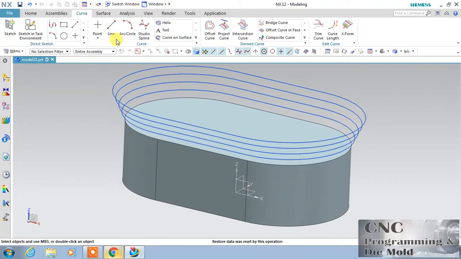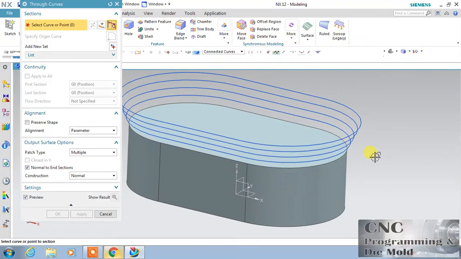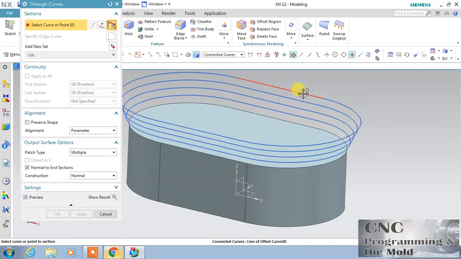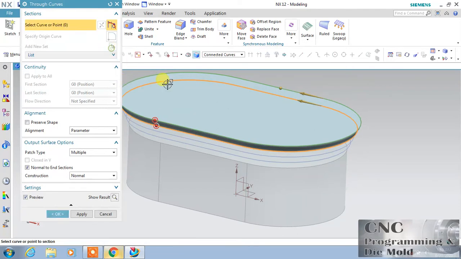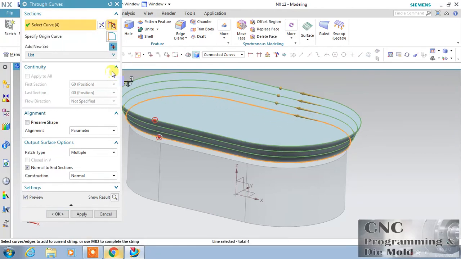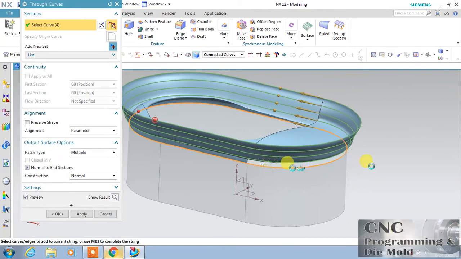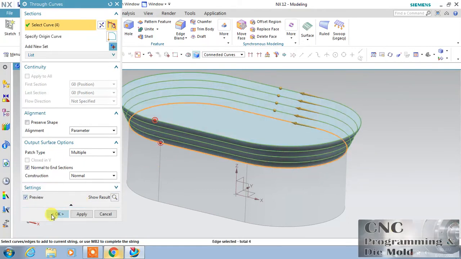And if you want to use these curves, so we have this through curve. You can go with this add, add, add, and click OK.